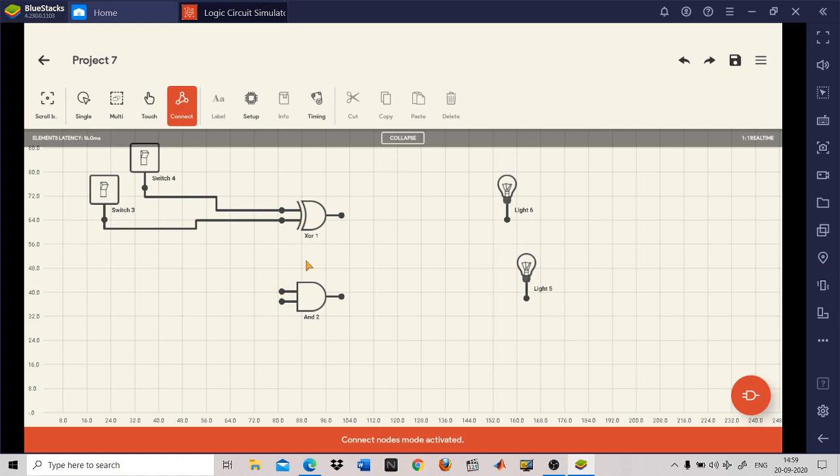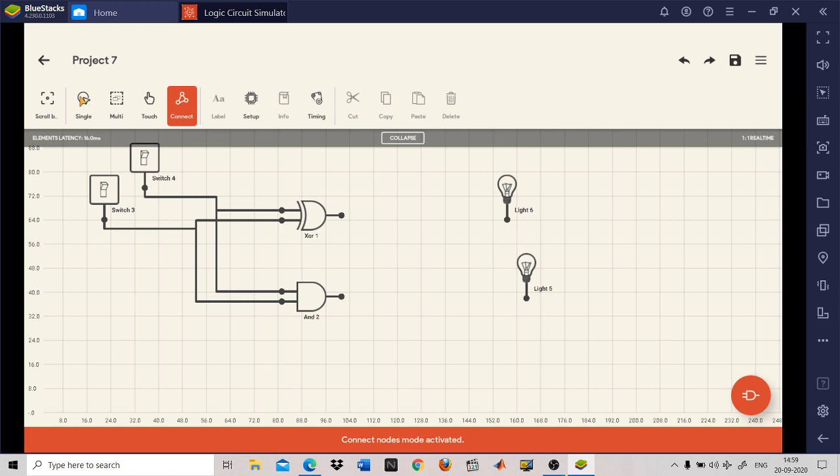Now similarly, you have to extract the same two inputs. So again you place your cursor here and here. See, if you want to make a connection, you will have to place your cursor on the two dots only. You cannot place your cursor on a dot and on the line. So again, if you want to make a connection between these, place your cursor on this dot and on this dot. So now your connections have been made.